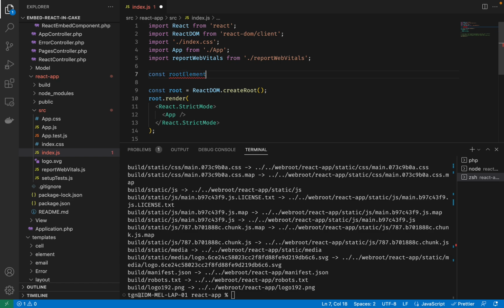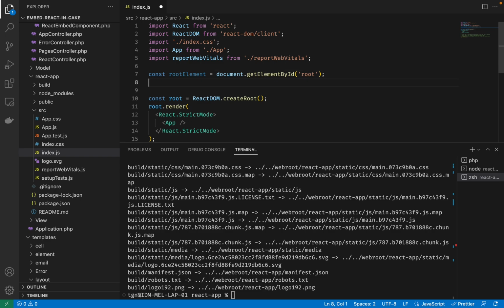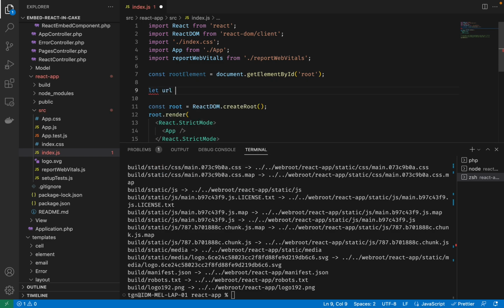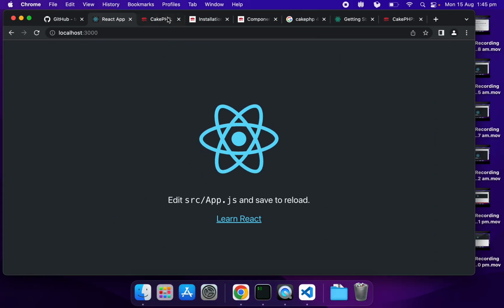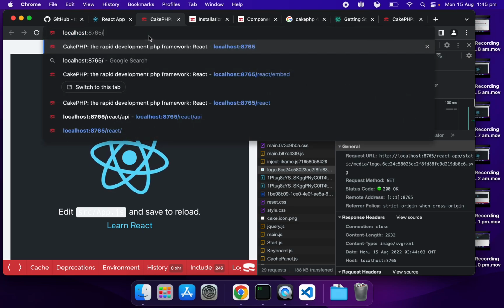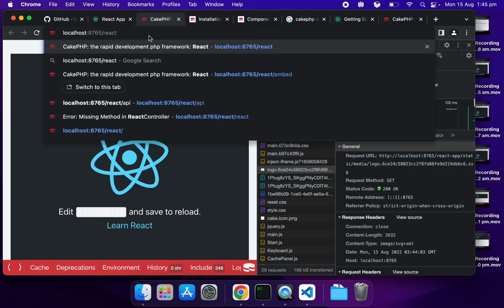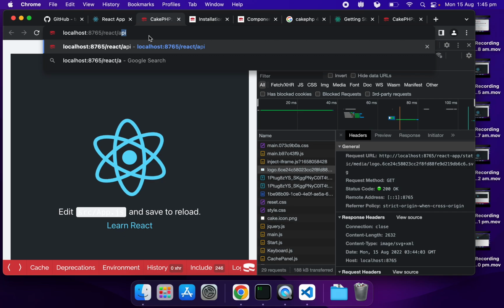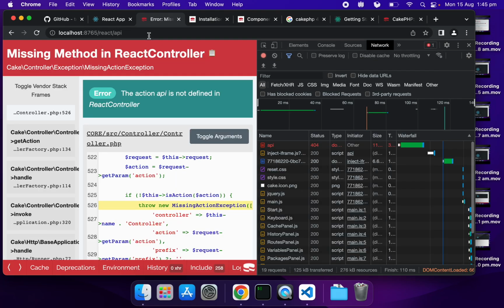We're going to take that out of that create root method there, and get a reference to that, and then we're going to say, okay, when I'm in development mode, I want to call something in the back end, and this could be whatever you want it to be, but I'm going to create